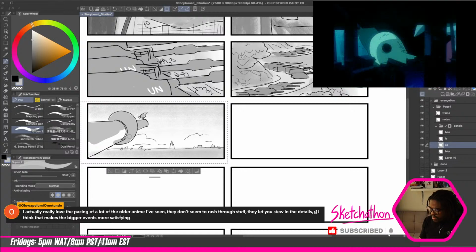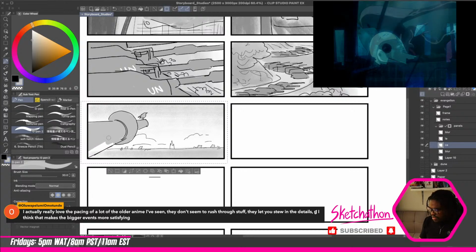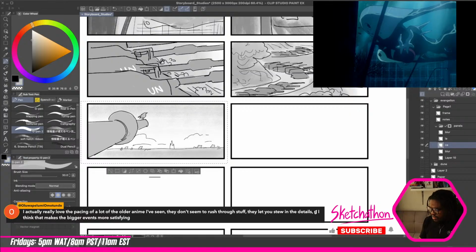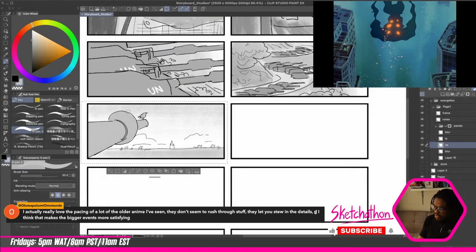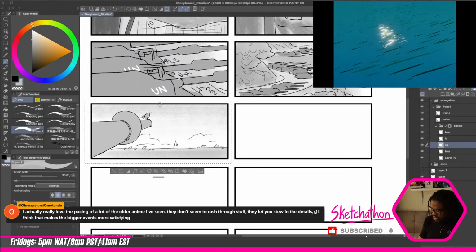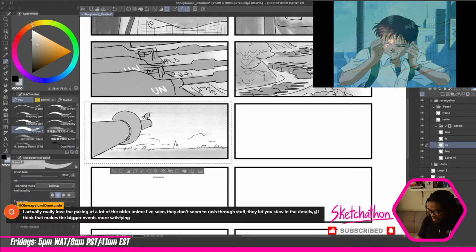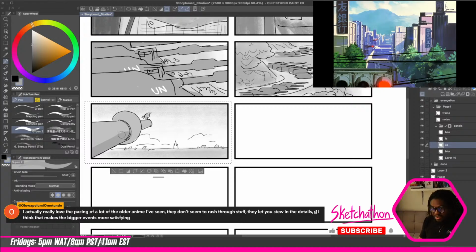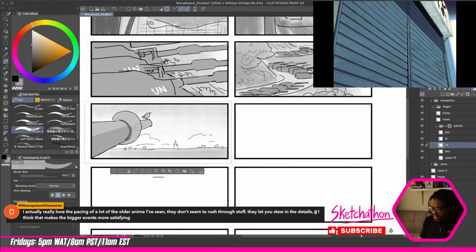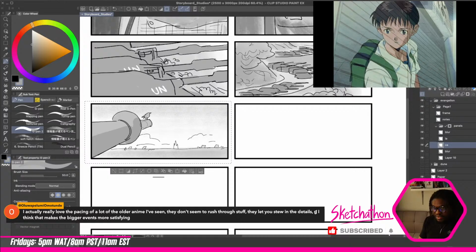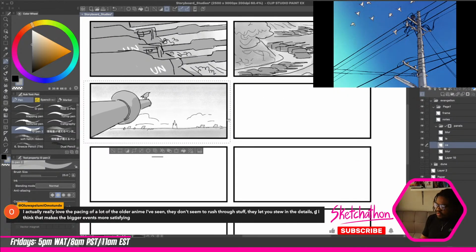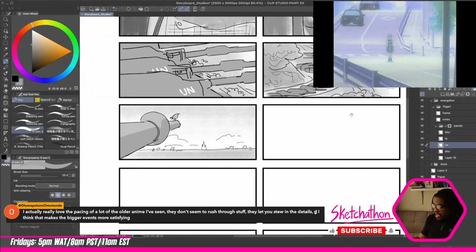This is probably one of the most beautiful shots I've ever seen in animation, and I'm not exaggerating. I love this shot so much. I can never forget the first time I saw this, I was like, wow, I'm not going to forget this shot. So this is the bird perched on a cannon, and then the next